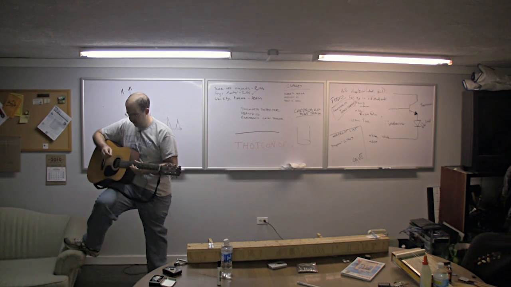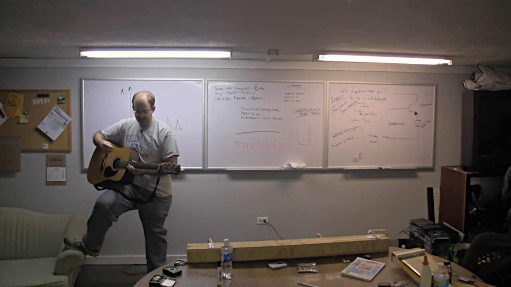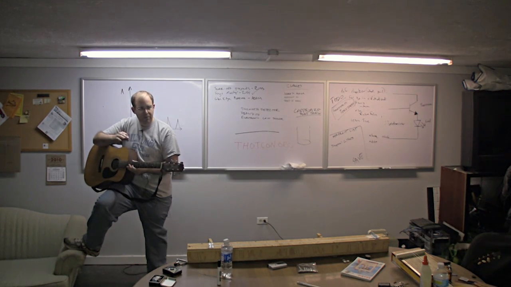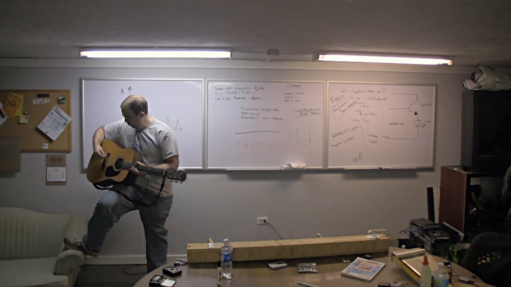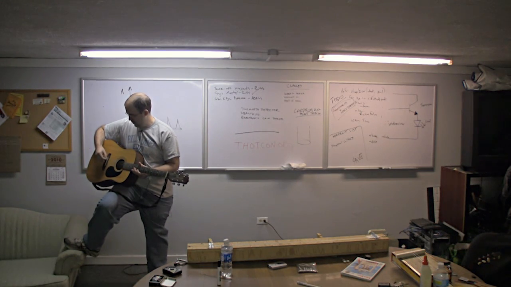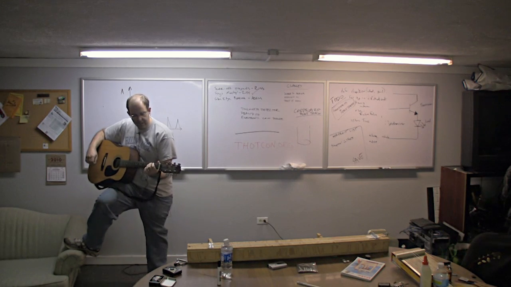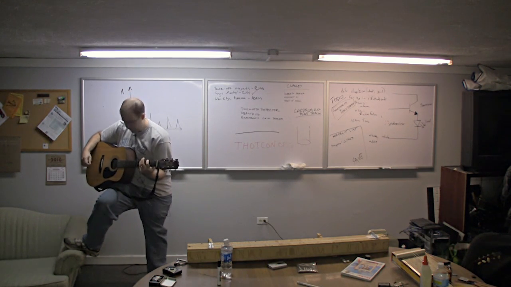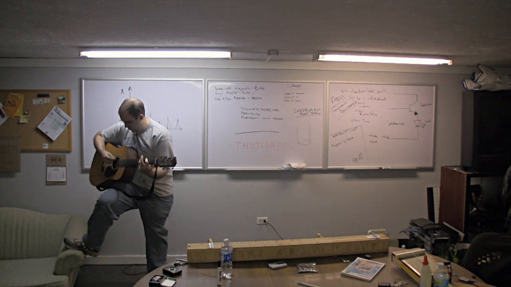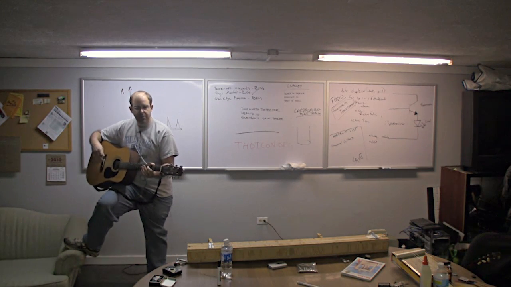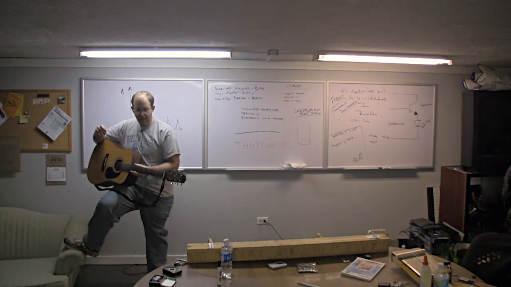If I pluck where I normally pluck on this low string, I get something that you would recognize as a guitar. If I pluck up here, it might sound a little different, but it's a little subtle. All right, but if I pluck really close to the bridge, there are parts that are very different, and it kind of depends on if you start playing chords down there, that would sound a lot different than if I'm playing it up there. All right, so same amplitude, same pitches, but different timbre, and it's because of how I'm exciting it.